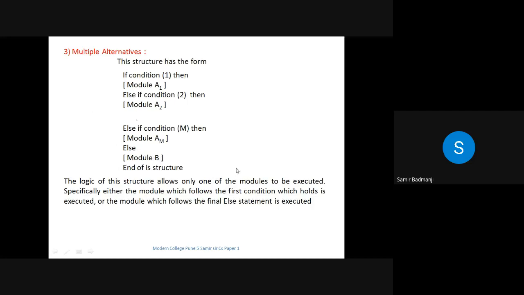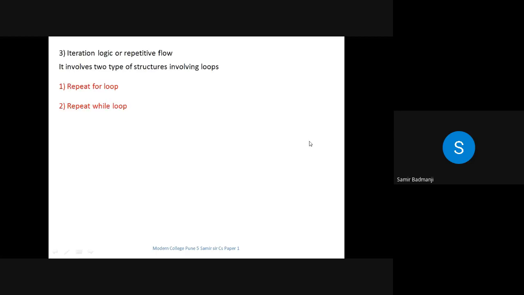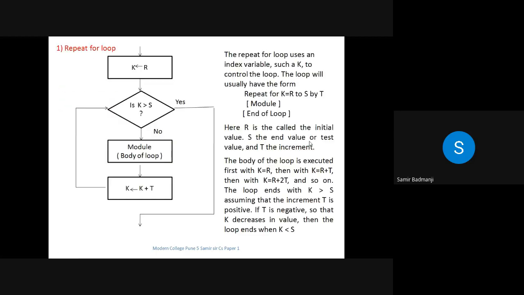Now next, iteration means what? Repetition again and again till it is completed. So two loops are there: one is the for loop, one is the while loop. In the for loop, initialization takes place first, then checking of the condition, then the increment or decrement until the condition is false.